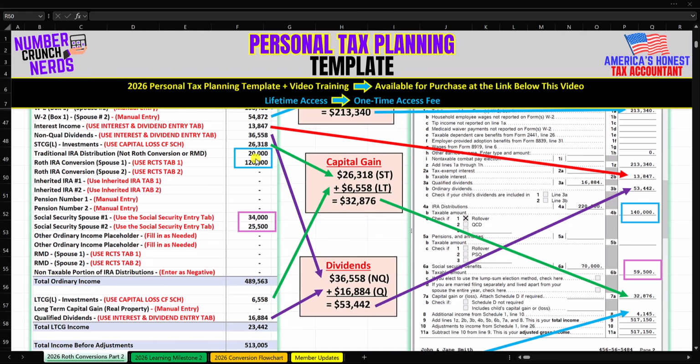Okay, next item, traditional IRA distributions, which are not Roth conversions or RMDs. In this case, we have a $20,000 distribution. In addition to that, right here, Roth IRA conversion for spouse number 1 in 2025, the amount was $120,000. The grand total right here of these two types of distributions is $140,000, and that is what I would expect to see right here on line 4B,